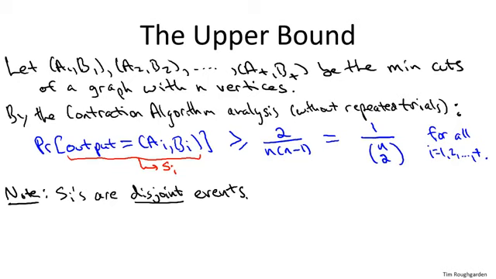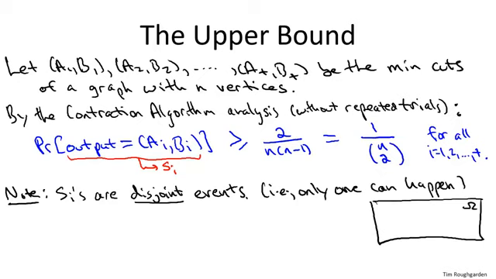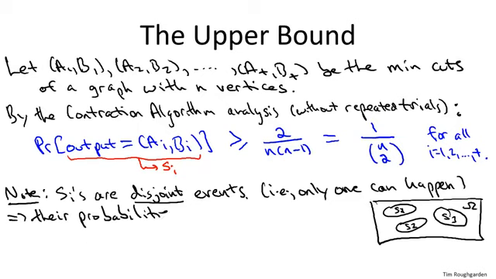Well, with disjoint events, the probabilities add. The probability of the union of a bunch of disjoint events is the sum of the probabilities of the constituent events. If you want to think about this pictorially, you can just draw a big box denoting everything that could happen, omega, and then these Si's are just these blobs that don't overlap. So S1, S2, S3, and so on. Now the sum of probabilities of disjoint events can sum to, at most, 1. Right? The probability of all of omega is 1, and these Si's have no overlap and are packed into omega. So the sum of their probabilities can only be smaller. Writing that formally,